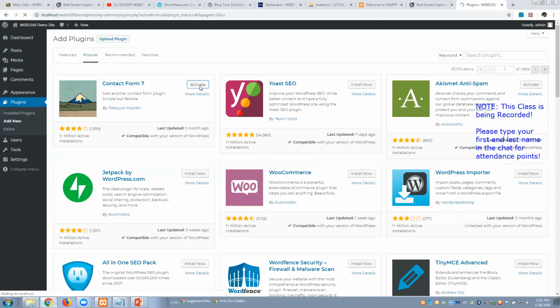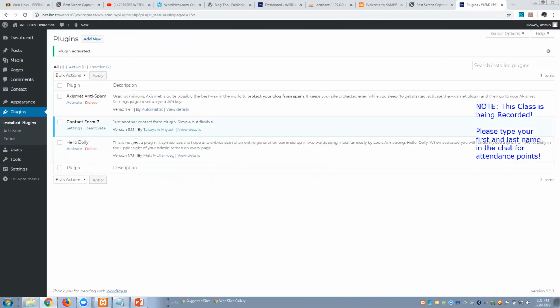Activate it. Now I've got a contact form available, and you may need to read some instructions on how to use it, where to place your form, but then you'll be able to use this particular plugin to create an online form that your users can type information into and send an email out to you.